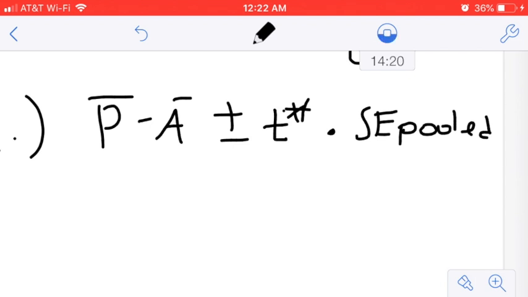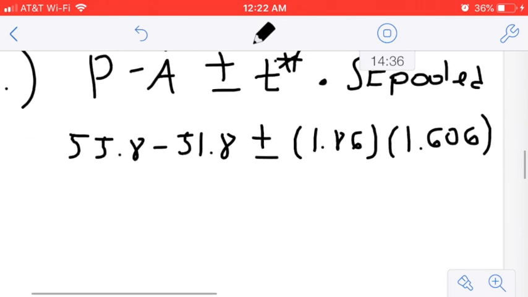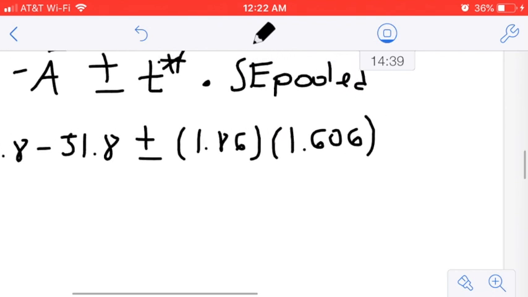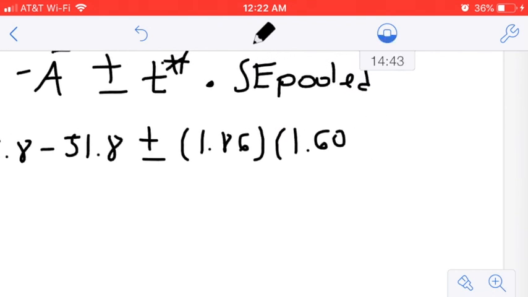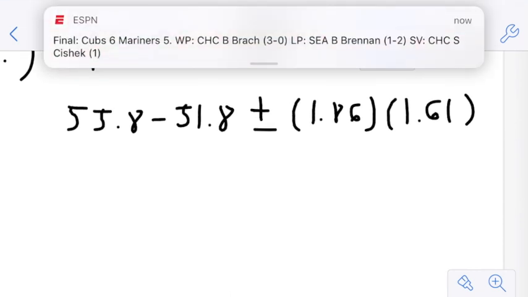We have all these values already, so this is 55.8 minus 51.8 plus or minus 1.86 times 1.606. Actually, we're going to round up that 1.606 to 1.61 just to make calculating it a little easier. So our confidence interval is,